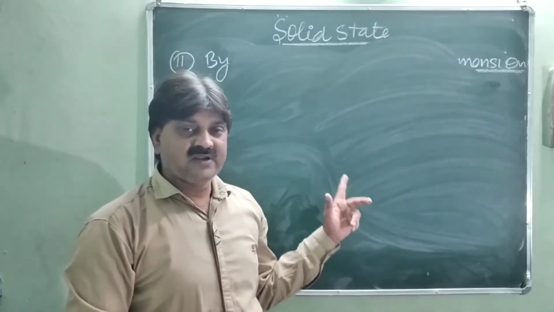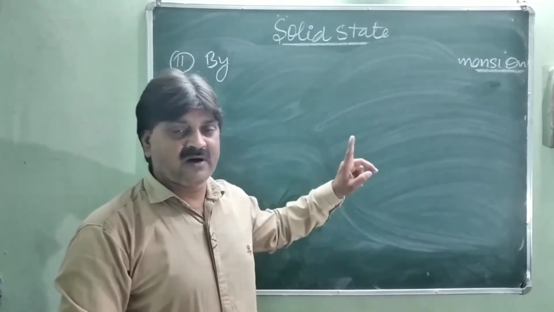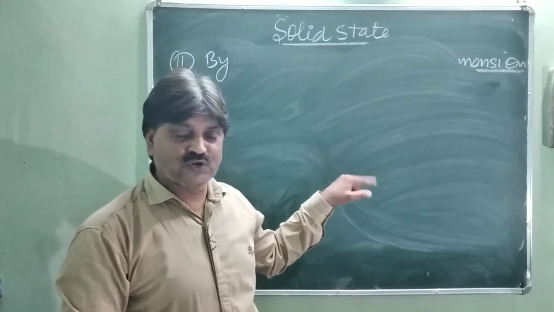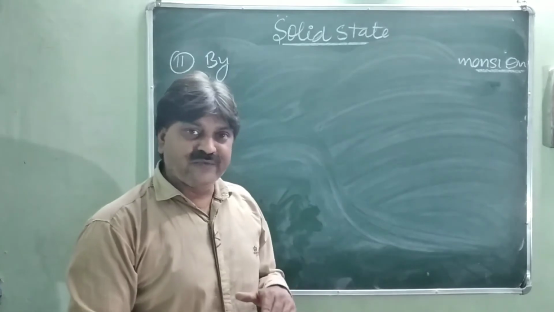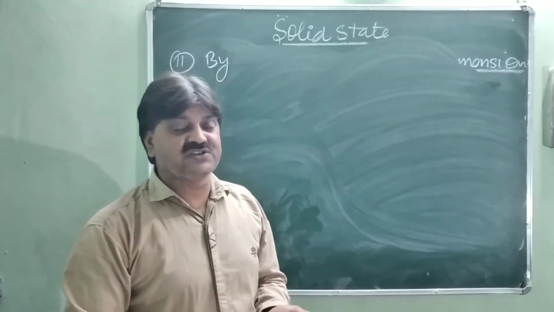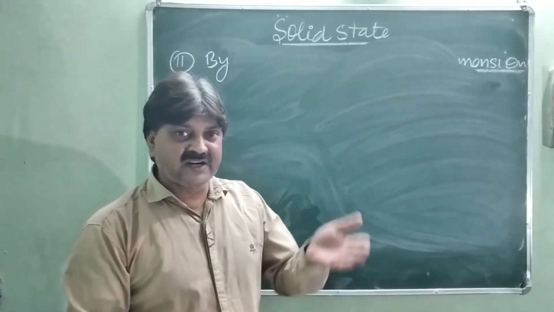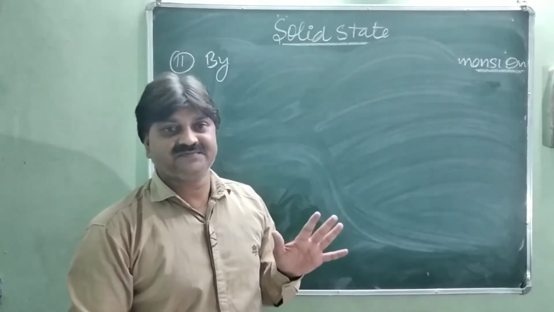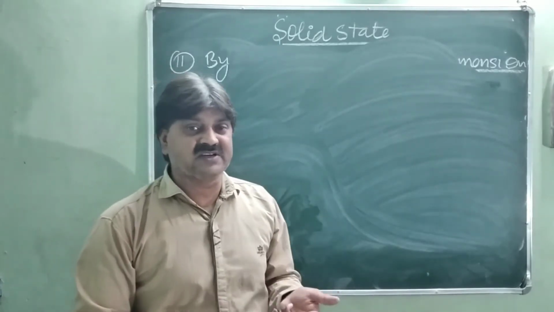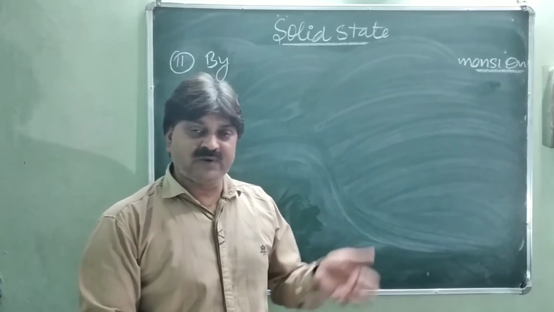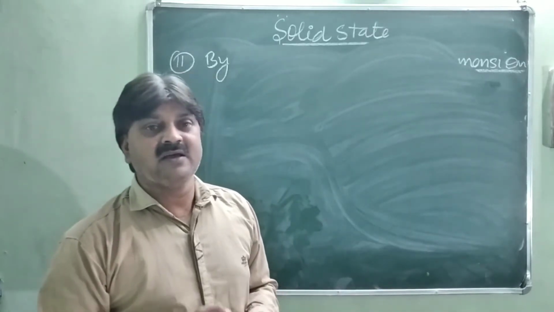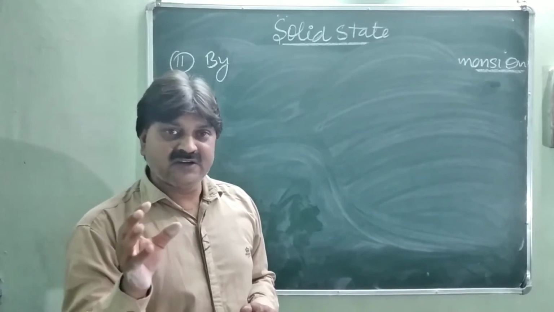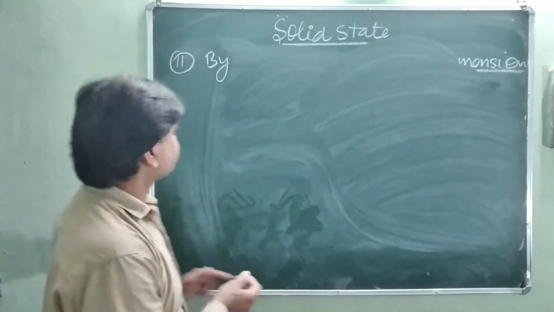So for the creation of the three-dimensional structure: the first one is the three-dimensional structure from the square closed pack structure of the two-dimensional layer. And the second way to place the three-dimensional structure is by placing the second layer over the first layer. And third, we will discuss placing the third layer over the second layer. So these are ways of placing or arranging the units or atoms in three-dimensional space.